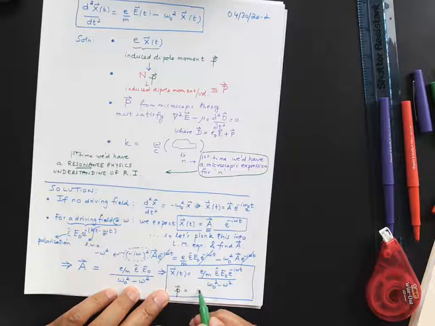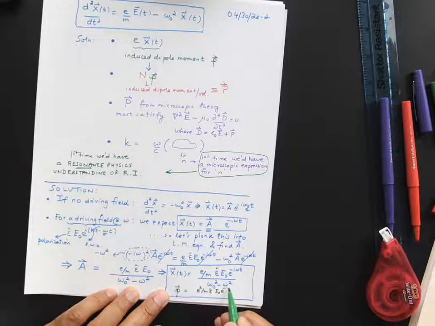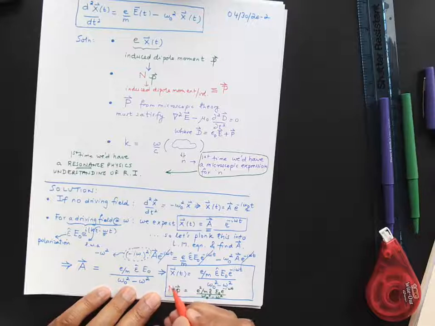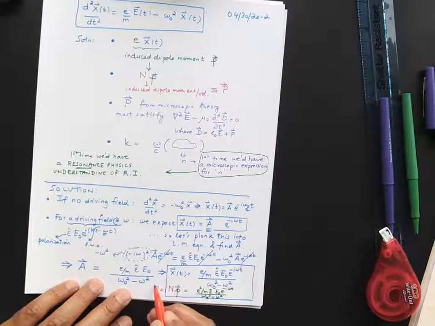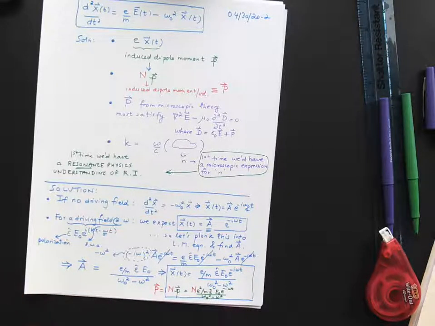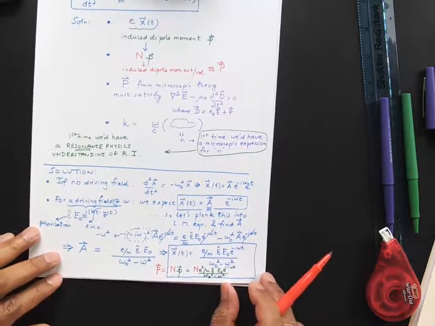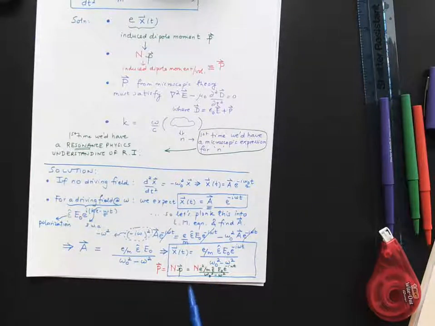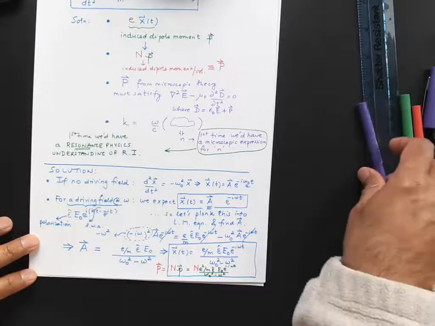So you have e squared over m. And if you multiply that with N, then you also have your polarization, right? So there you go. All the things are there. And one of the things that you notice right off the bat is, look how beautifully resonance came into the picture. So meaning that, you know, resonance,